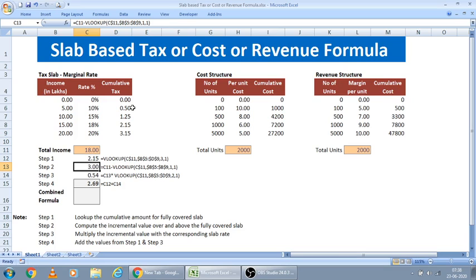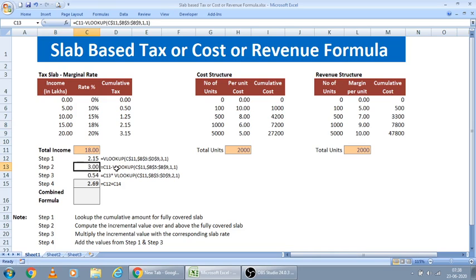In step 2, compute the incremental value over and above the fully covered slab. Here we have already got the fully covered slab. Over and above this 15 lakhs, how much is the incremental income that we should bring here in step 2? It means 18 minus 15, so 3 lakhs should come here.